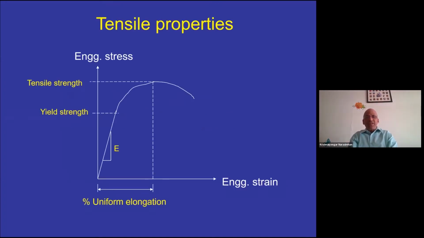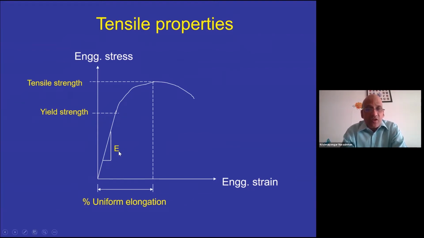So one very basic piece of information about sheet metal. For example, any sheet metal that we want to talk about, whether it is steel, IF steel, or advanced high strength steel, or aluminum, copper, or whatever, the basic tensile property is one set of numbers we always want to have. So what you're seeing here is a very simple illustration of a tensile test and identifying some of the key properties that we get from a tensile test, right?